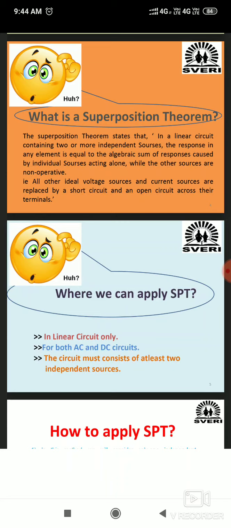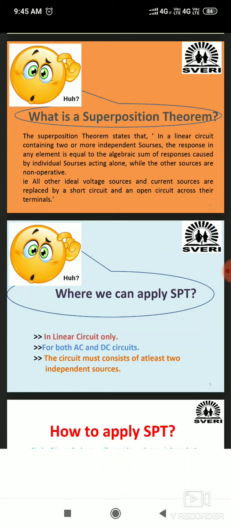So first of all, the superposition theorem we can apply for linear circuits. मग linear circuit म्हणजे काय, already we discussed in the types of network elements. So a linear circuit means one consisting of inductors, resistors, capacitors. If a diode is there, if a transistor is there, then we cannot say that it is a linear network. That will be a non-linear network. Do you understand? So the superposition theorem we can apply for linear circuits only. This is the first remembering point.